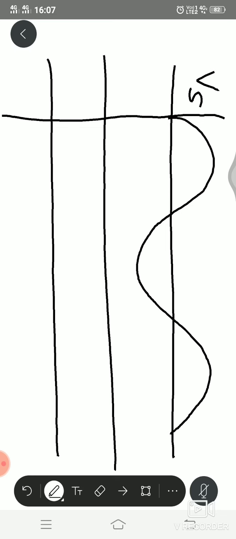So first one is supply voltage with respect to omega t axis. Second one is V naught,